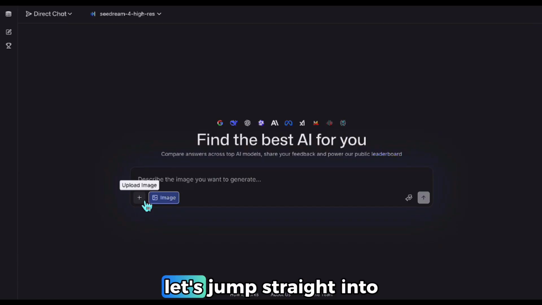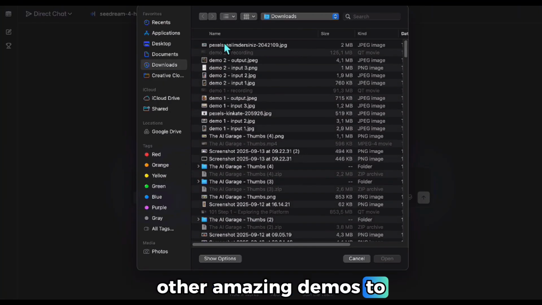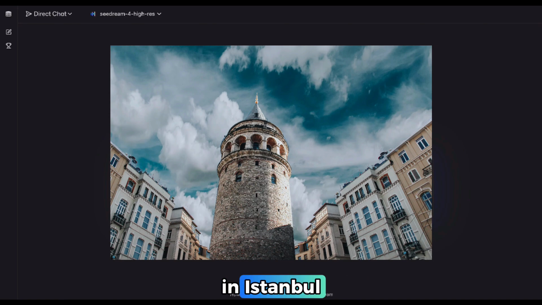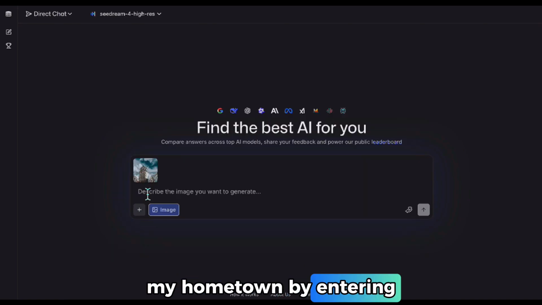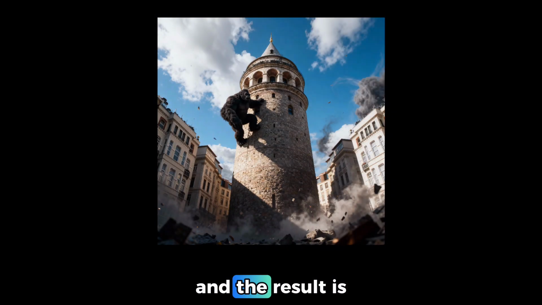Without wasting time, let's jump straight into the 3rd demo. I have plenty of other amazing demos to show you. In this demo, I'm using an image of the Galata Tower in Istanbul, my hometown. By entering the prompt you see here, I asked for King Kong to climb the tower, and the result is